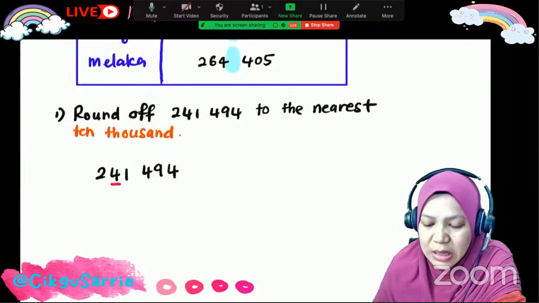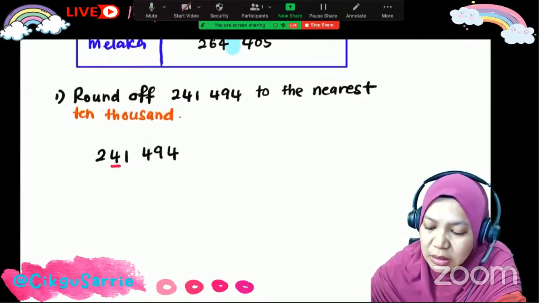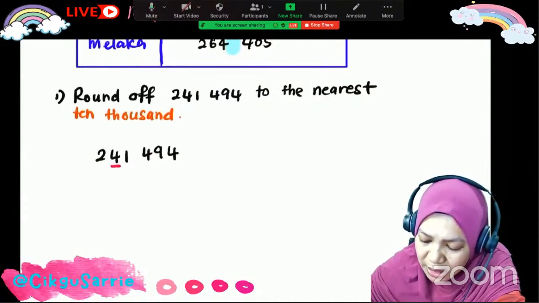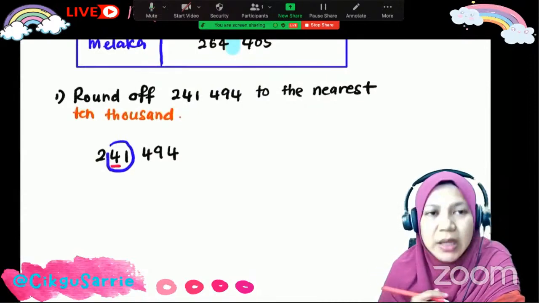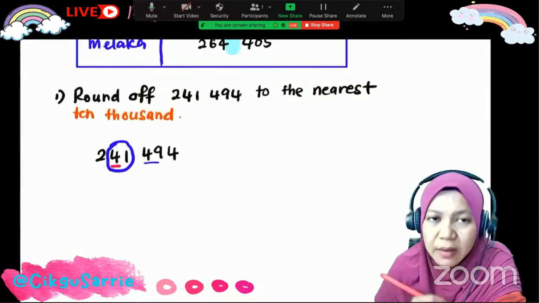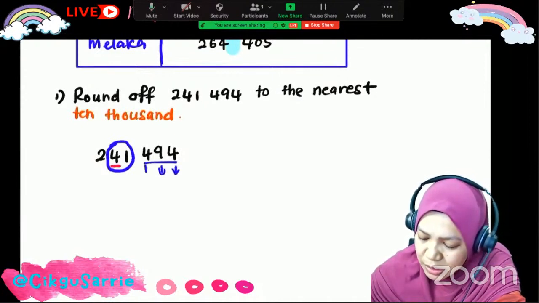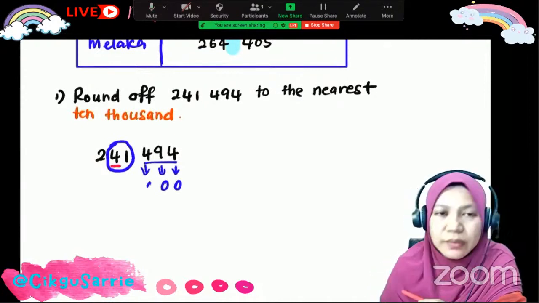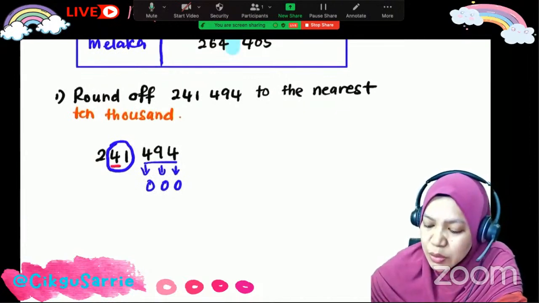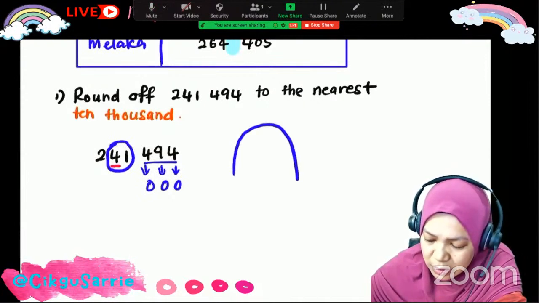After I underline that digit, I circle that digit with the digit one digit behind. Okay, so how about the three digits at the back? This one I replace with 0, 0, 0. After you have done it, you do the, okay,